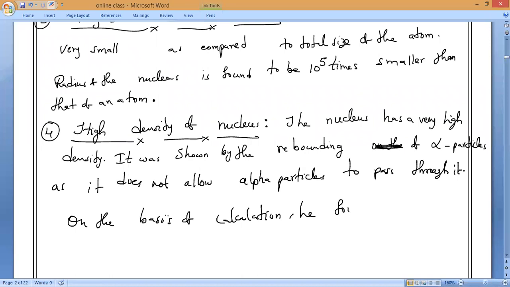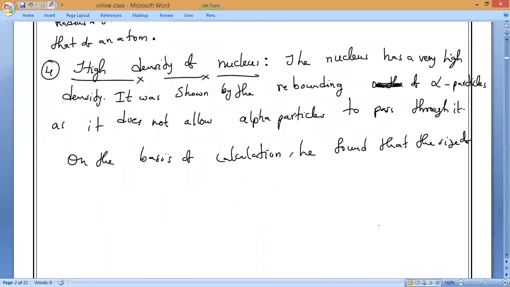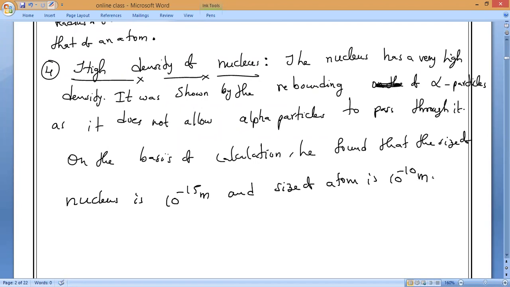Mr. Rutherford found how much the nucleus and atom are. He found that the size of the nucleus is 10 power minus 15 meters and the size of the atom is 10 power minus 10 meters. So which is bigger, 10 power minus 15 or minus 10? Minus 10, sir. That is the number. That is why the nucleus is always how many times smaller? 10 power